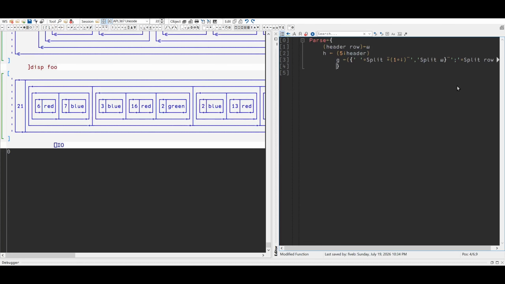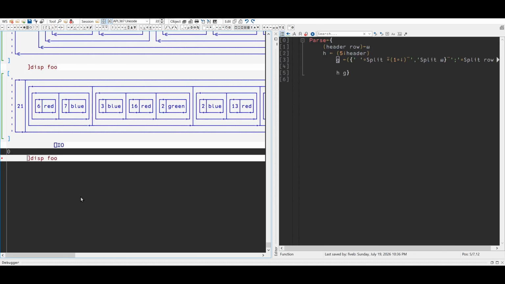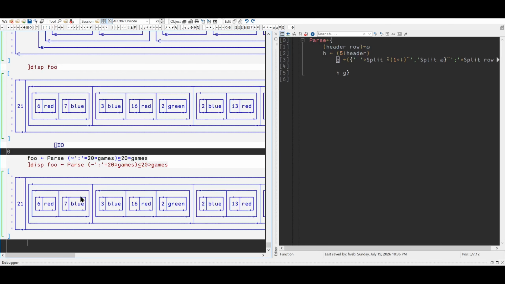Let's do something weird. I'm gonna return H and G. Does this work? File, fix, parse. Nice. Okay, can I disp this? That looks like what I had before, which is good. Format. Nice.